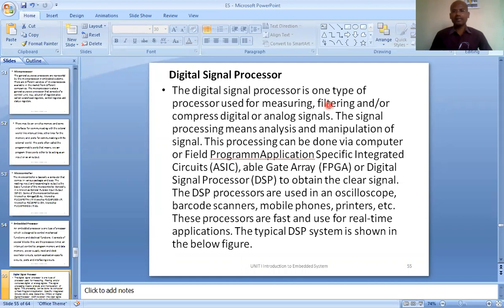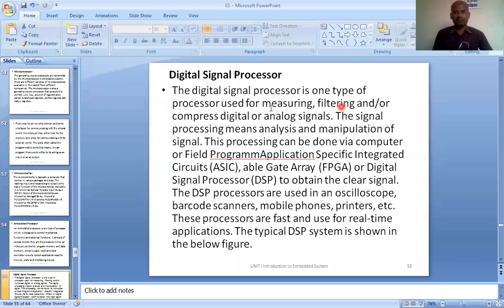You want to get rid of the noise. So you filter it out. Say the signal needed is in the range below 2 kilohertz or 5 kilohertz, and noise is there. Now you apply filters, digital filters. How do you accomplish digital filters? With the help of digital signal processors, right?